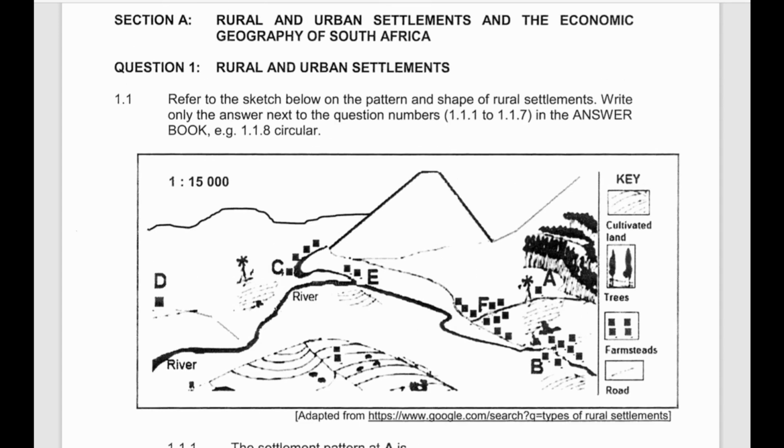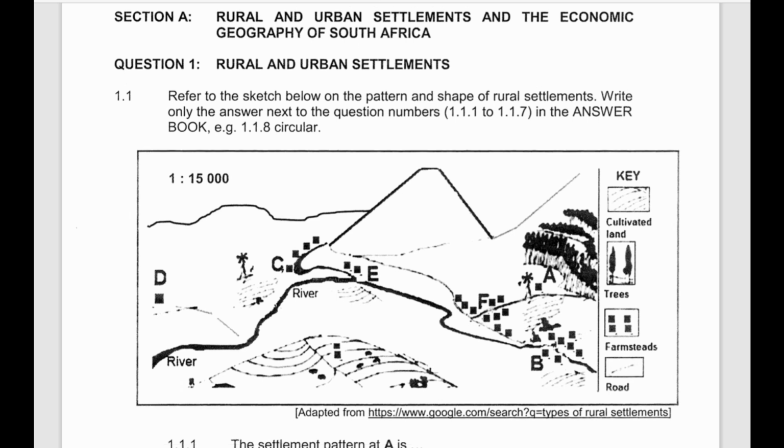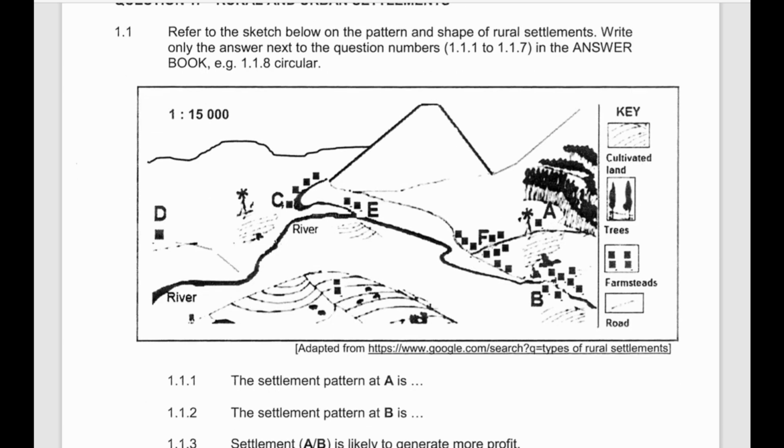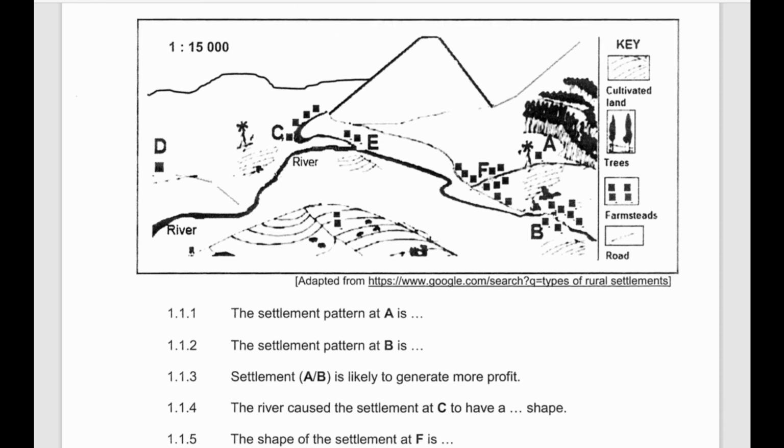Right, let's start with our first question on rural and urban settlements, which is question number 1. With question number 1.1, refer to the sketch below on the pattern and shape of rural settlements. Write only the letter next to the question numbers 1.1.1 to 1.1.7. Right, so if we analyze this illustration before we attempt the question, we can try to figure